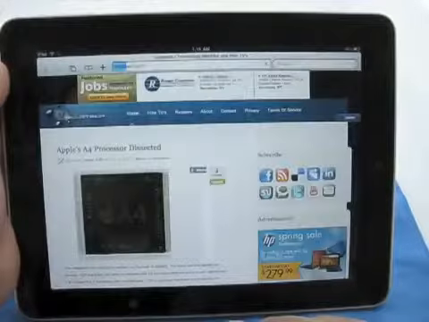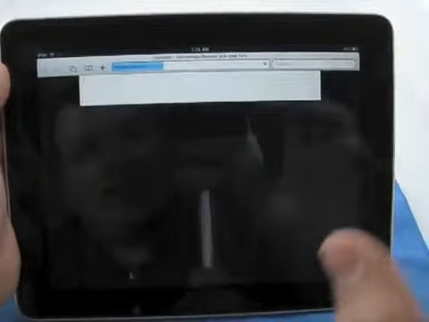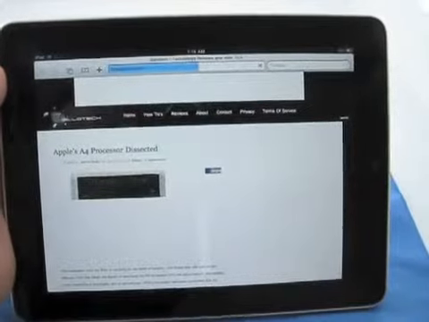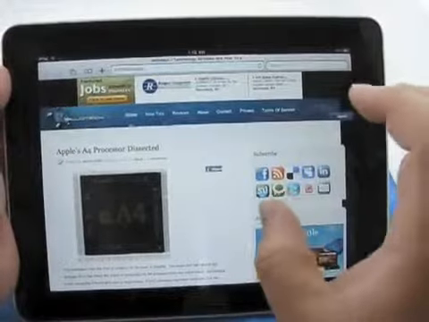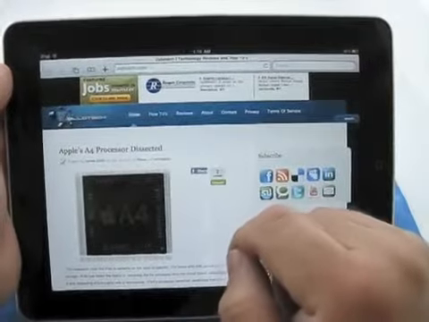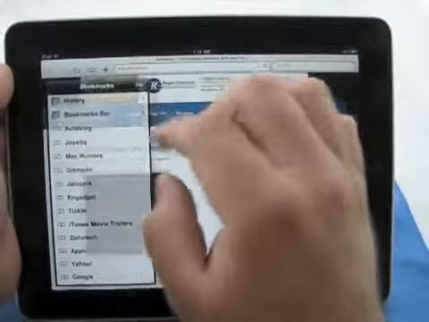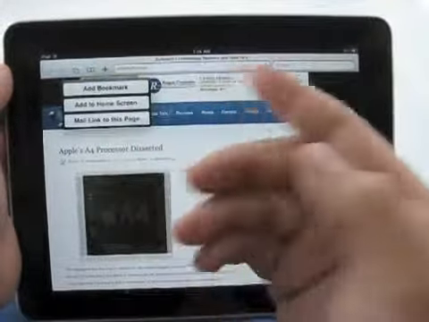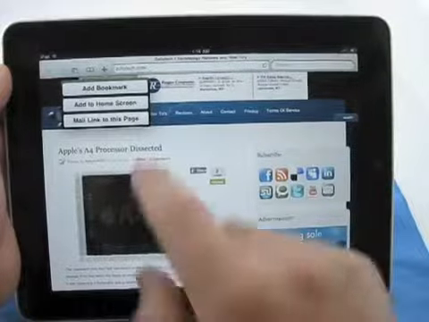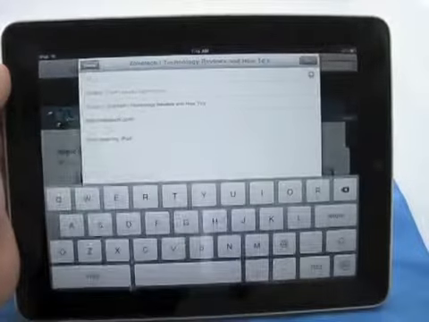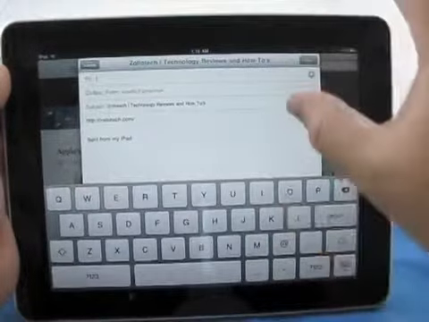So we want to open Zollotech. It opens, loads, and there you have your page. Other than that, there's not a whole lot of options in the mobile Safari other than you've got your bookmarks, your bookmark bar, and you can mail the link to a page. And to do that, we mail, and it brings up this nice little convenient mail